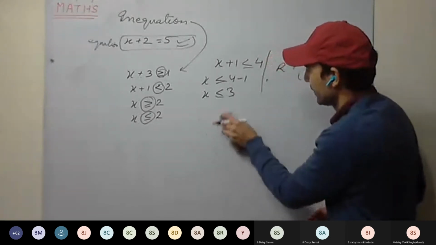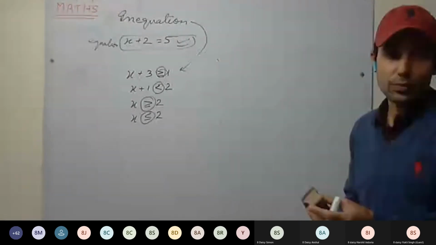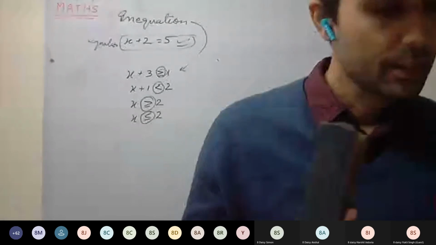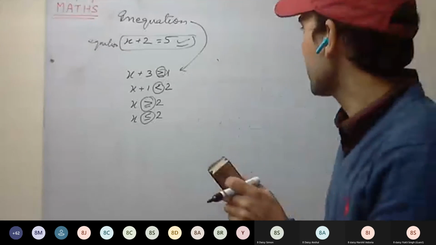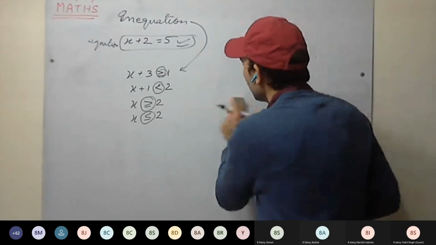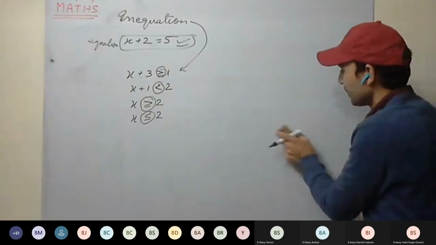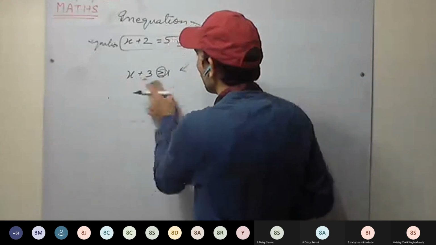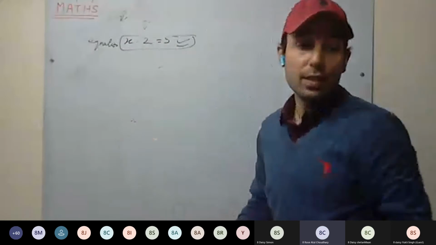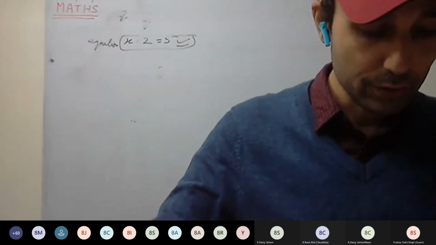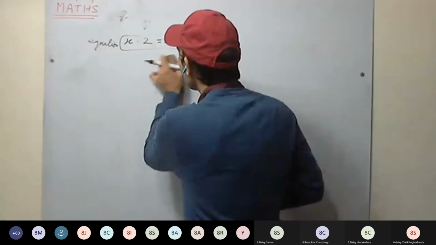Understood now? More we will discuss as we go further. So we can start the questions. Start the exercise first, 5C. Read the questions. A replacement set is there. 3 minutes are there. You have to do all these questions in the notebook. All the 5 questions you have to do in the notebook.